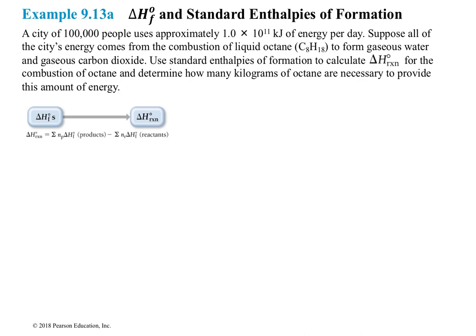Okay, here's another one. A city of 100,000 people uses approximately 1.0 times 10 to the 11 kilojoules of energy per day. Suppose it comes from the combustion of liquid octane to form gaseous water. Use enthalpies of formation to calculate delta H reaction to determine how much goes into this. So we want to first write the reaction. So I have octane,